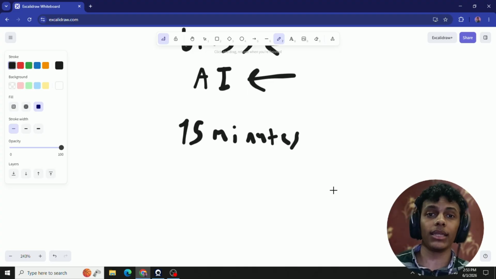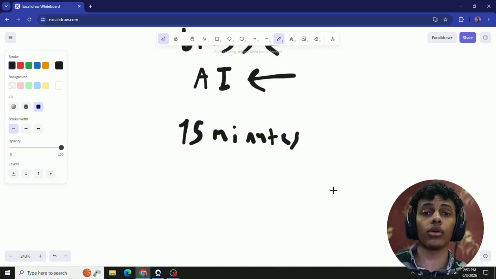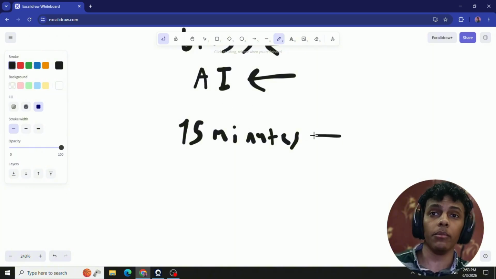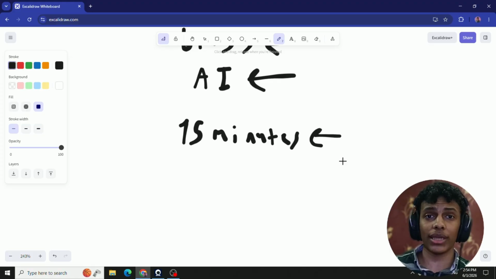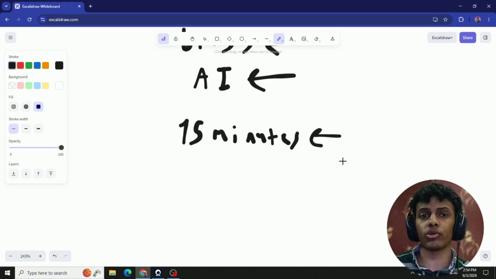When you face any new problem, you don't just go straight to AI and ask it for help. You struggle and try to solve it on your own for at least 15 minutes, could be 30 minutes, could be 45 minutes, depending on how much you can do. You try to think about the problem, you try to solve it yourself, and then you can get back to AI to back you up.